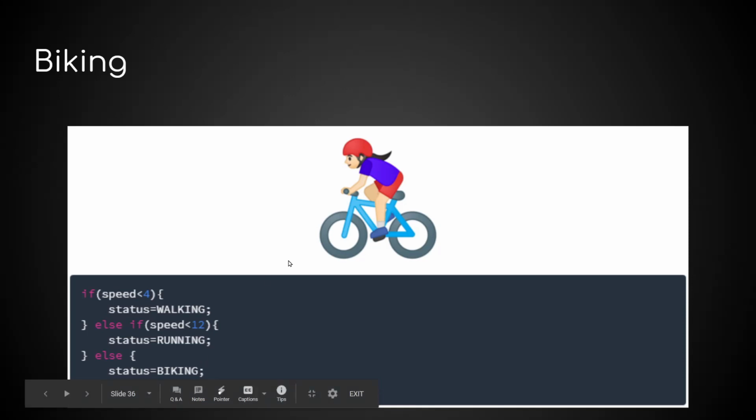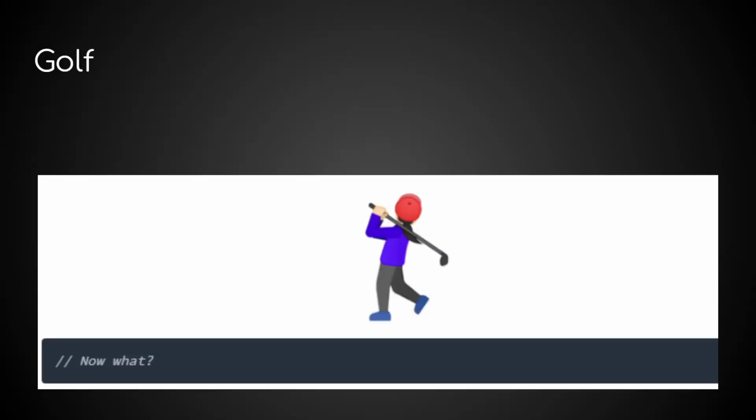In a traditional way, we were writing like this. Now what will you write for golf? This is a headache, because in golf there are no predefined motions. In running you had some pace, in walking you had some pace, in biking you had some pace. In golf it is totally confusing, because we don't know. Each player has their own identity. Each will swing the golf stick with a particular momentum. Every person has their own way of standing to hit a ball. So it becomes very confusing. What to write? Similarly, this happens for badminton also.